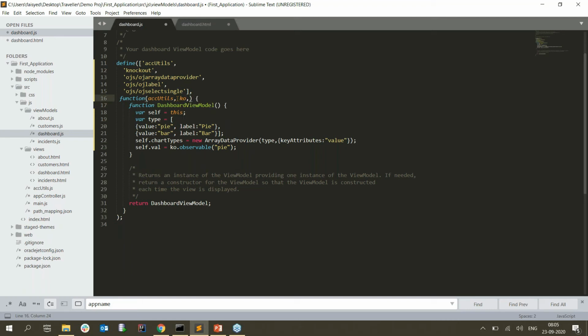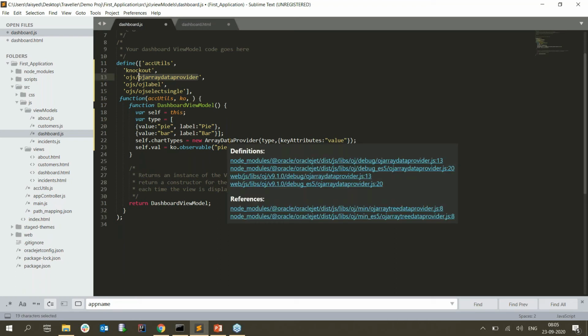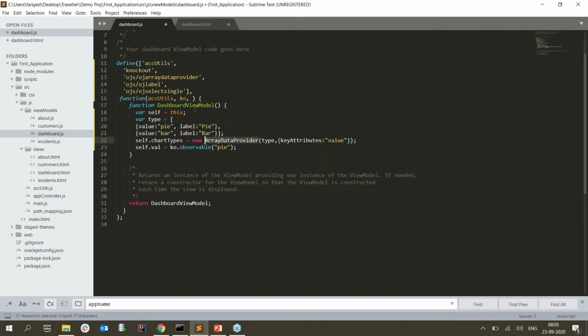Next, we are making use of array data provider to process the data, so you use the same variable name. Coming to the different components, be it OJ label, OJ select single or OJ select multiple, you don't have to define them. It automatically processes them. So this is the basic thing.